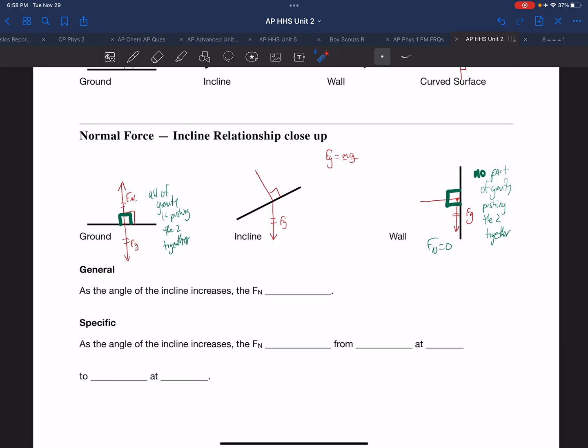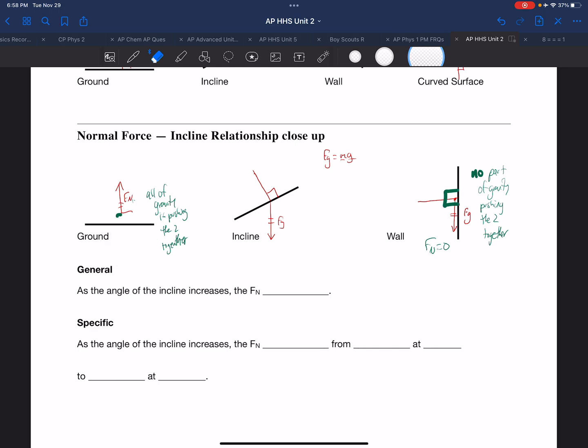So what that means is if we go from a maximum of Fg at a horizontal surface, our maximum, and we have a minimum equal to 0, our maximum equal to Fg, then you could see that as gravity is acting on this body here on this inclined plane, it is only partly pushing